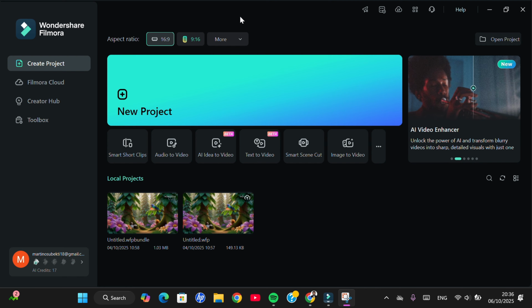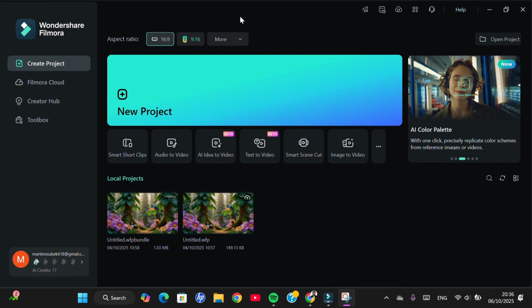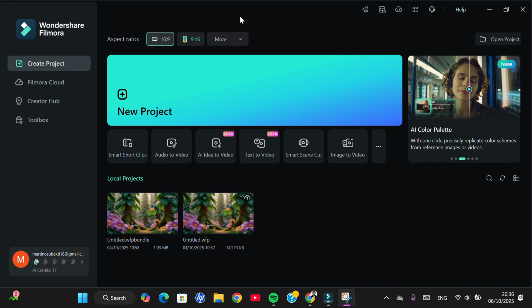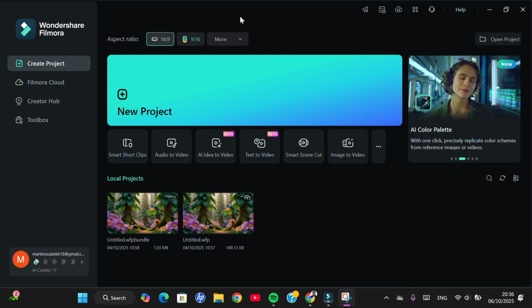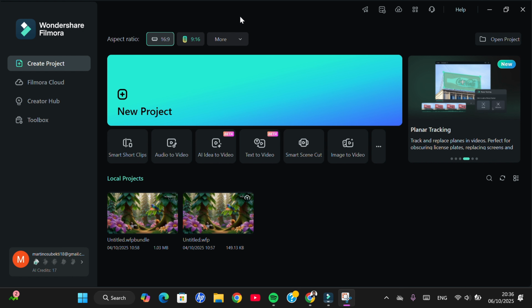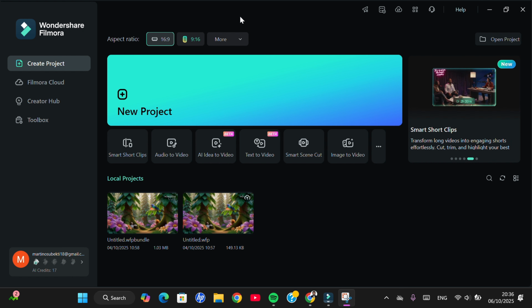If you want to transfer your project, you need to have a Filmora account. You can make it with your Google account, and after that you will get Filmora Cloud storage for free. You will get 1 gigabyte for your storage, and you will be able to upload your project to the Filmora